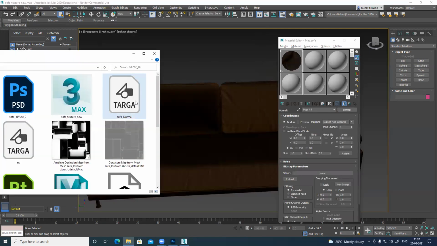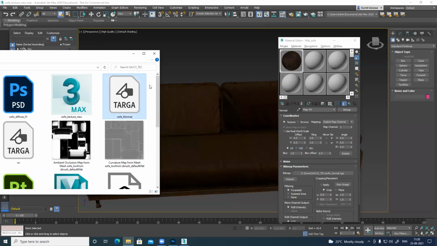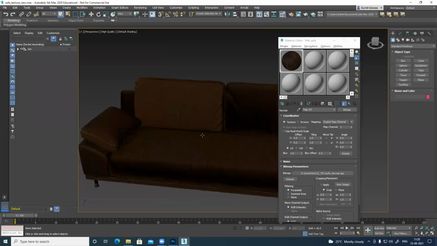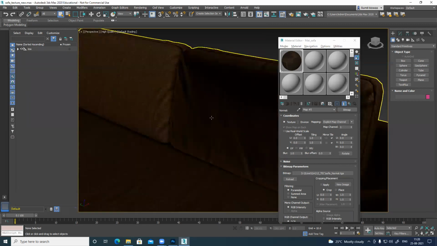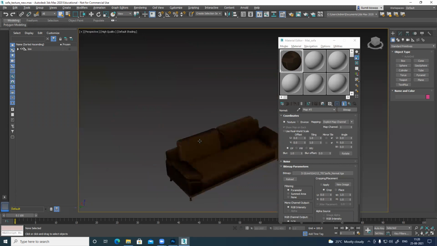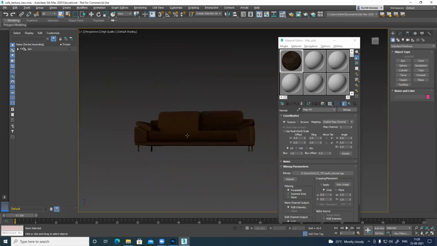So what you can do, just select this, drag and drop it. That also works perfectly. So drag and drop, I can see the value and all this. It looks a little black and a little odd.